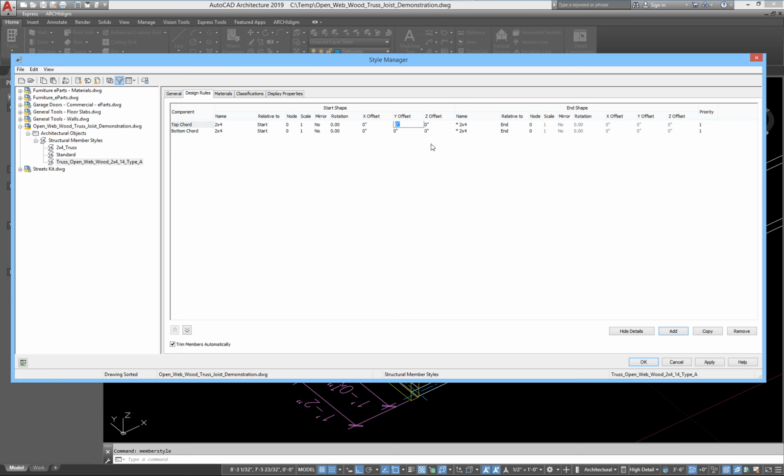So what I'm going to do here is push it up. I know I want it 14, but it's minus half of the bottom chord's thickness and the top chord thickness. So what is that? 0.75, 0.75, 3/4, 3/4, 1.5. Take that out, you get 12.5 inches. So 12.5. Okay. So what we're seeing here is two 2x4 members, where one is at the start